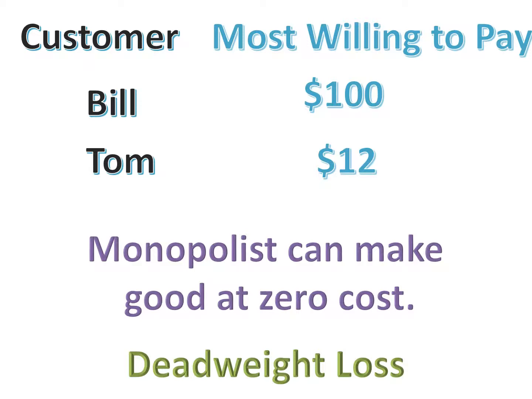This gets into the heart of why monopolies can create a market failure. Again, let's revisit this example. Bill values the good at 100, willing to pay up to 100 for the good. Tom values it at 12. And there's an entity that can make the good absolutely for free. So if we had everything working out really nicely, Bill and Tom would both get the good because they both value it at more than it costs to make. But a monopolist who has to charge everyone the same price will be unwilling to do this. So the monopolist will produce too few goods, will have a socially inefficient outcome. So this is an example of Adam Smith's invisible hand not working.